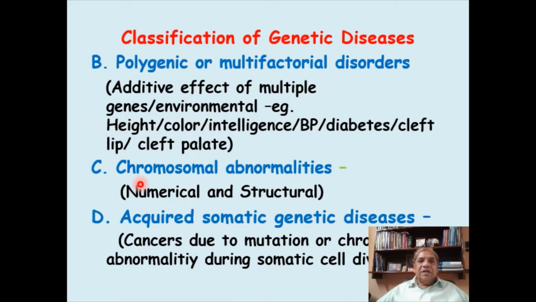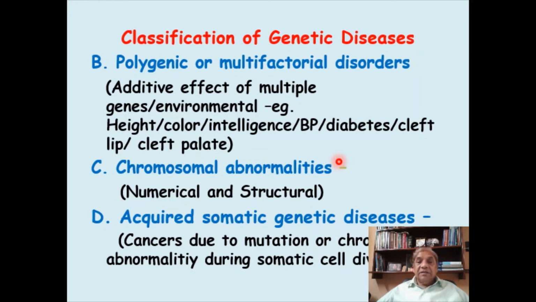The third kind of genetic disease is due to abnormalities in the chromosome, that you must have learned, I am sure. This chromosomal abnormality may be due to a change in number. There are 46 chromosomes. Even if one chromosome is less or one chromosome is more, this is going to affect the health, and there will be genetic disease.